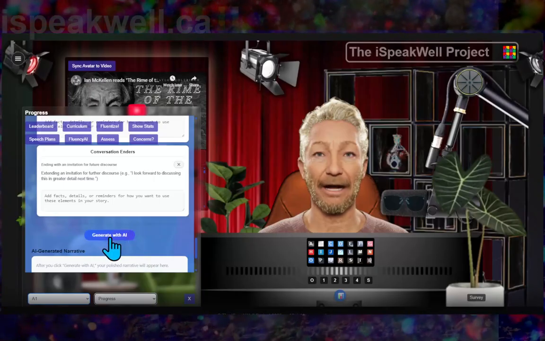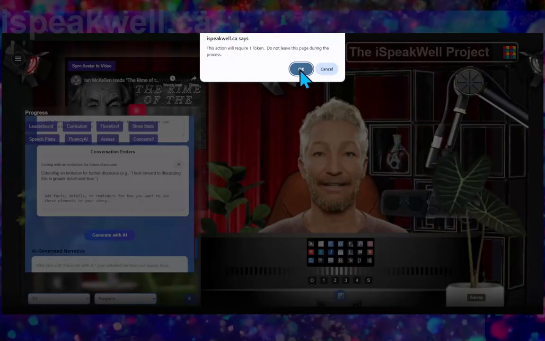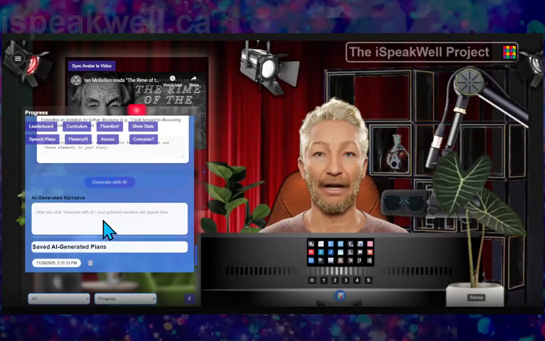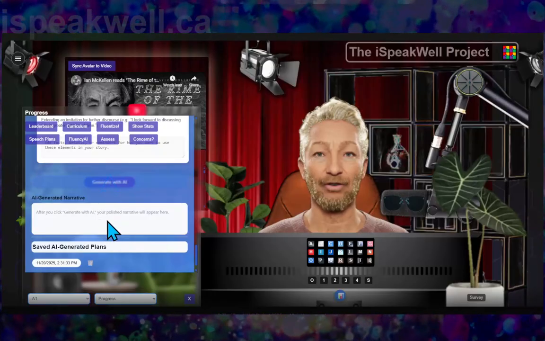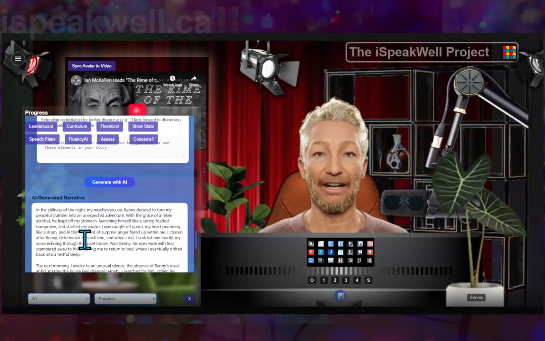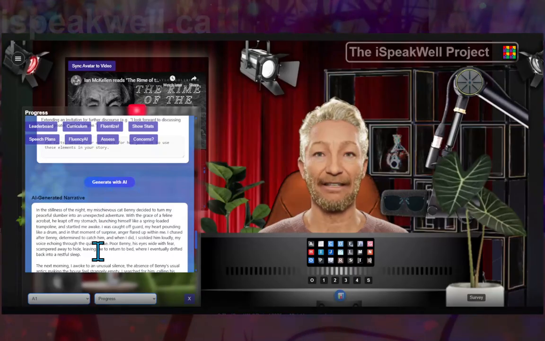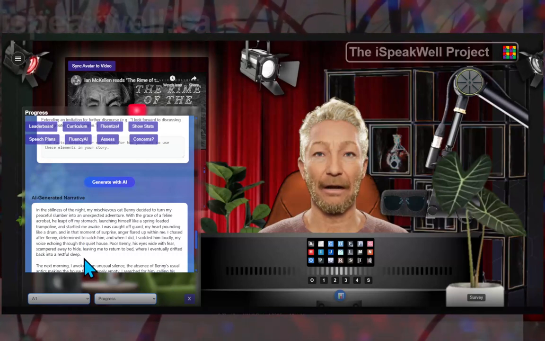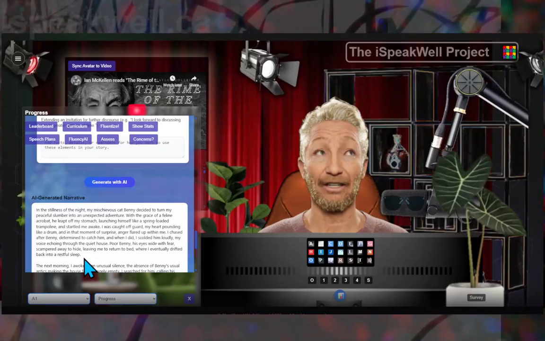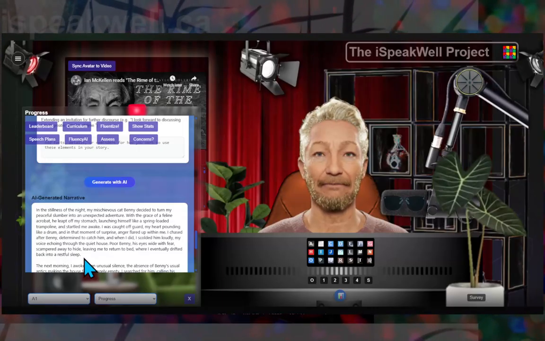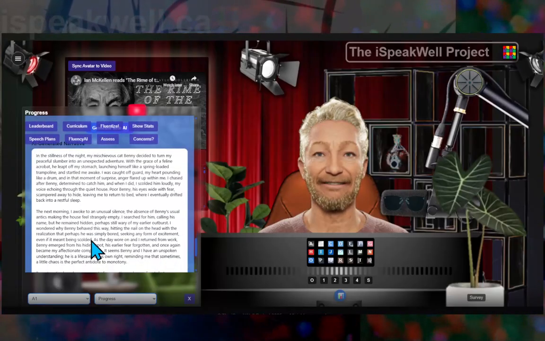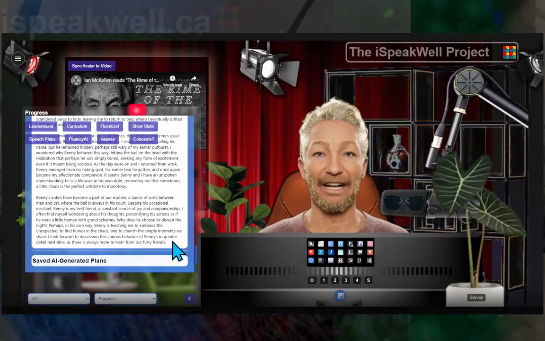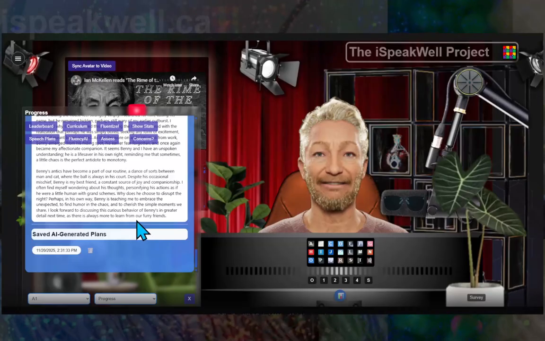Now we have the Generate with AI button. I click it, I pay the token, and then I wait. And in a moment, the narrative will appear inside this box. There it is. In the stillness of the night, my mischievous cat then he decided to turn my peaceful slumber into an unexpected adventure. With the grace of a feline acrobat, he leapt off my stomach, launching himself like a spring-loaded trampoline, and startled me awake. Yada yada yada. So you can see it's 3 paragraphs, and it's something that you can practice and remember, and